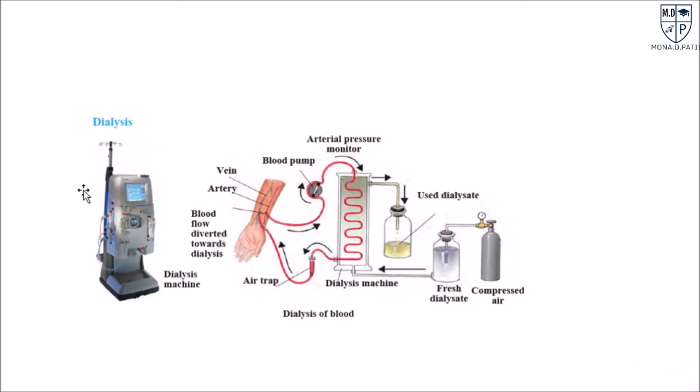Suppose our blood is not filtered properly in the body naturally, then the artificial method of purifying or filtering the blood with the help of this machine is called dialysis. About 500 ml of blood is sent at a time through this machine, and the purified blood is reinfused into the body of the patient.